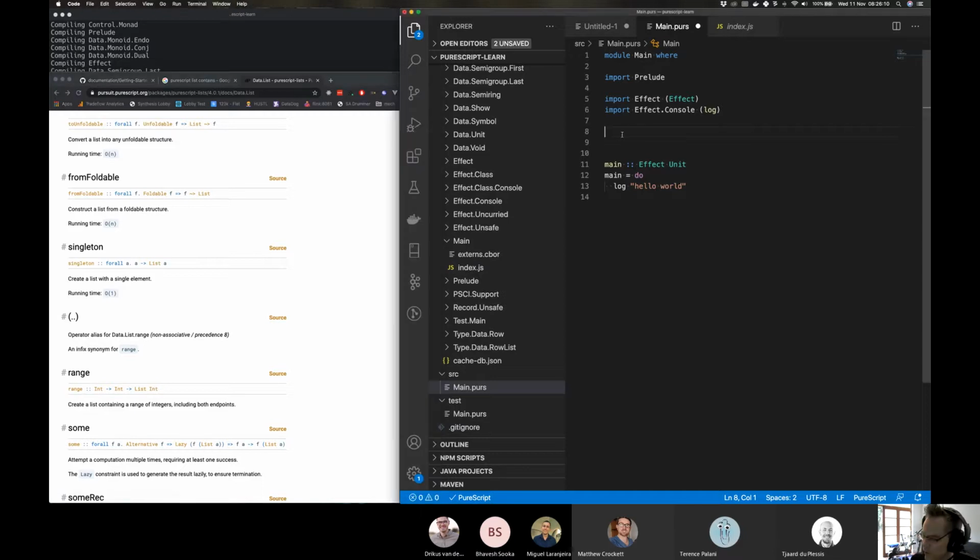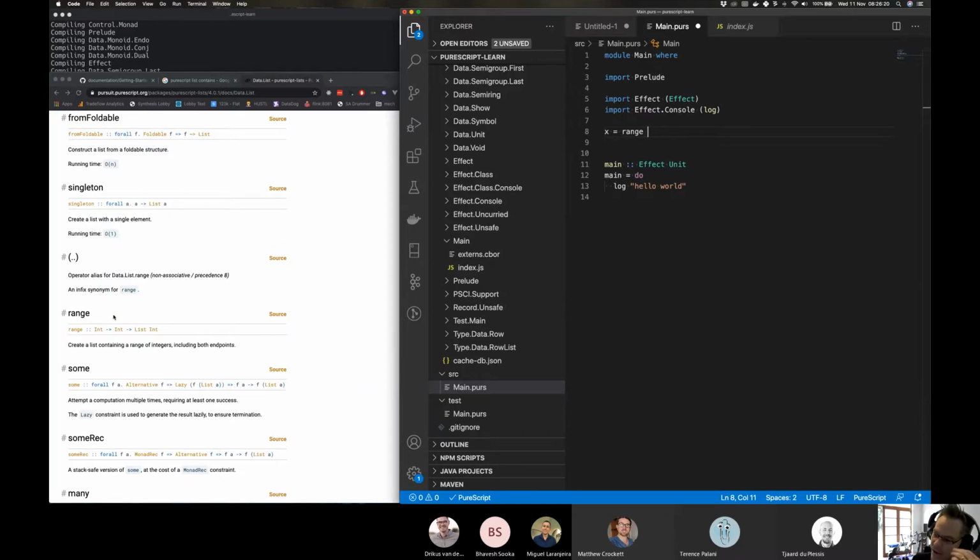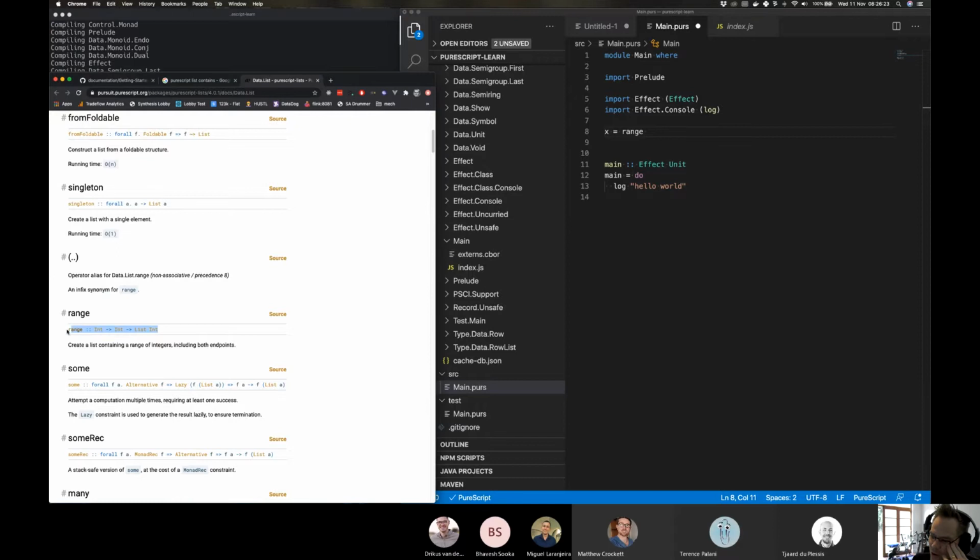So let's create a new list. I'll call it X. We're going to go range, probably my compiler. Okay, so here's something we need to look at. Is anyone comfortable with this notation for defining what a function signature looks like? Anyone a bit uncomfortable with parsing this? A bit uncomfortable on my side, but comfortable enough so far. So describe it, Miguel, how you read this. I read that the function takes in an int, and it gives you back a function that takes in an int that gives you back a list of int.